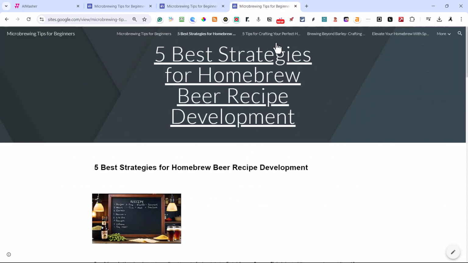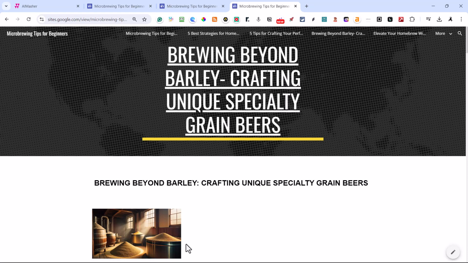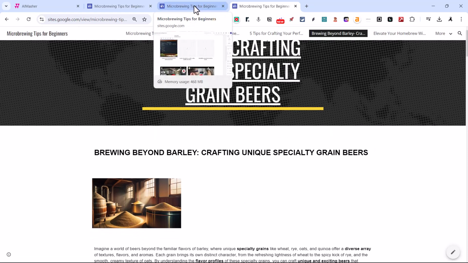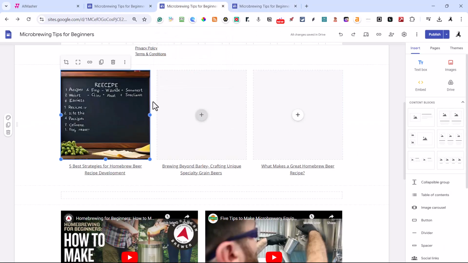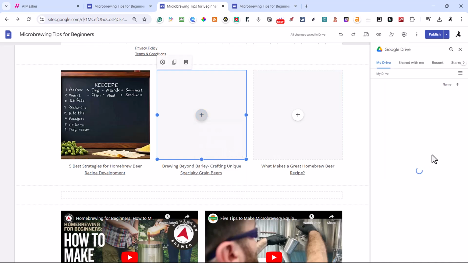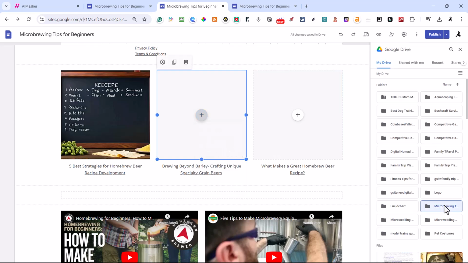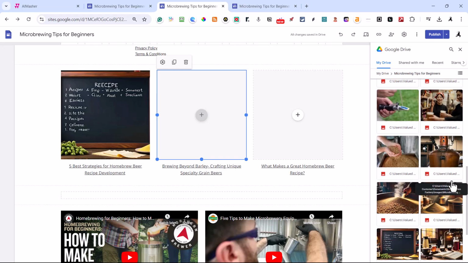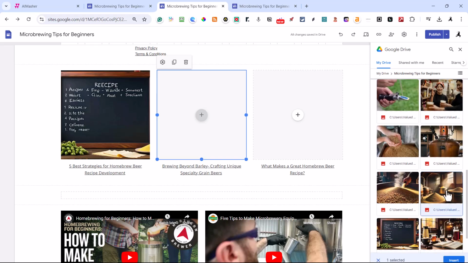Let's see what that was. Brewing Beyond Barley. If I click on it, there's an interesting image. A lot of barley there. And I'll come over here, click that from Drive, and try to match them up. And that one's good.